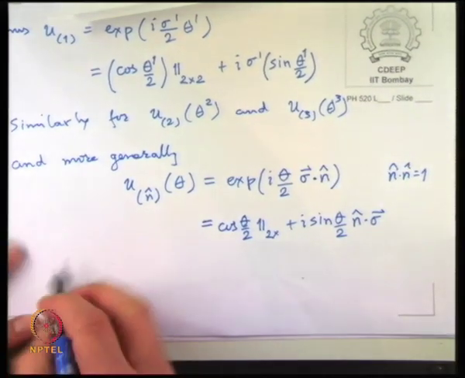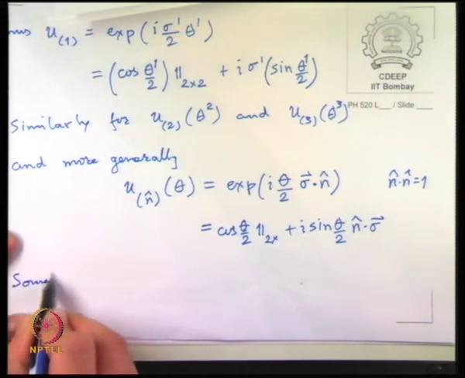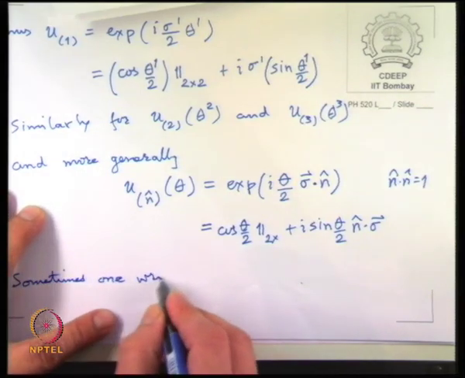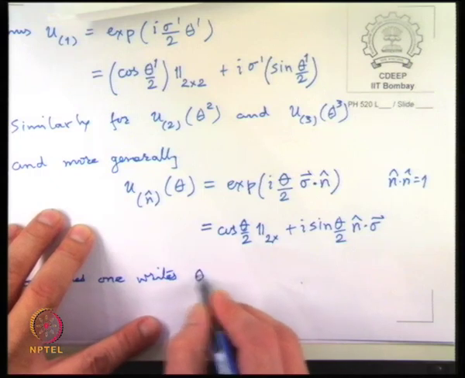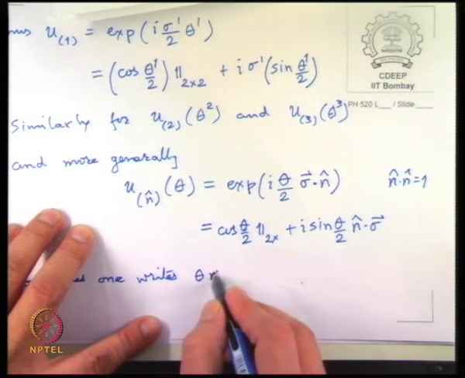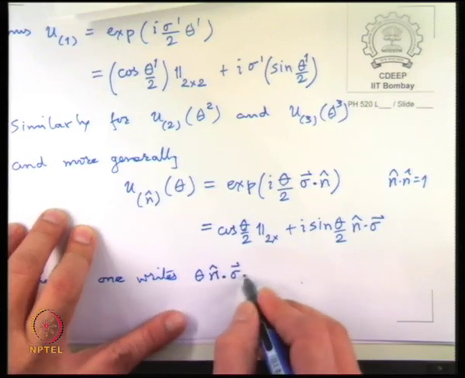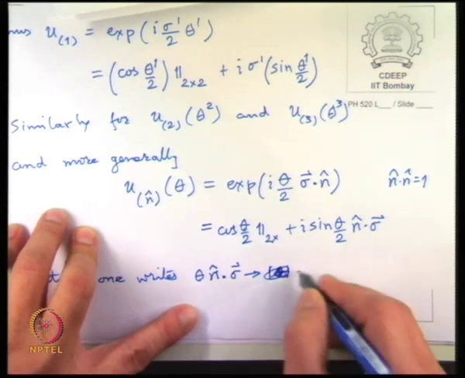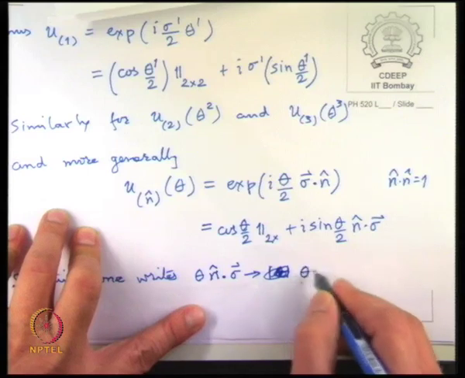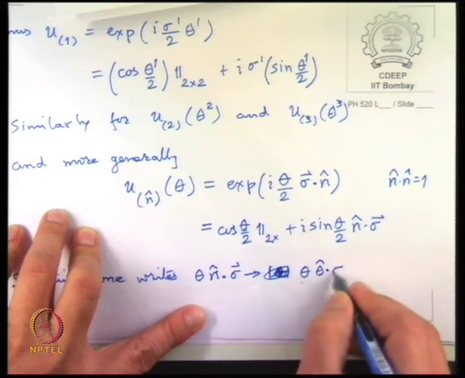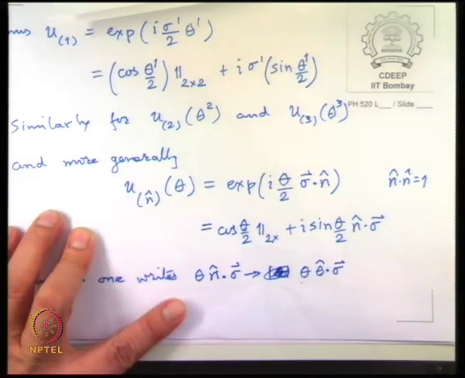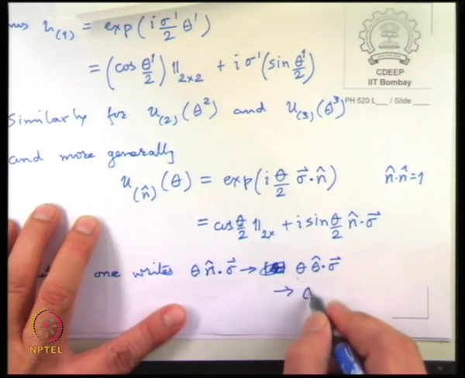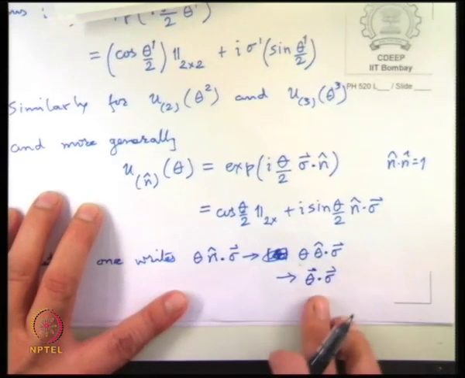Okay, sometimes people also write theta times n cap dot sigma, which is converted to be as if it is the direction vector of some vector called theta. I shouldn't say modulus because that's confusing things, but theta times a theta cap, call the n cap. So people write theta dot sigma as well, where theta is now directly a